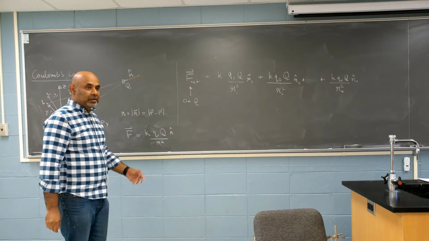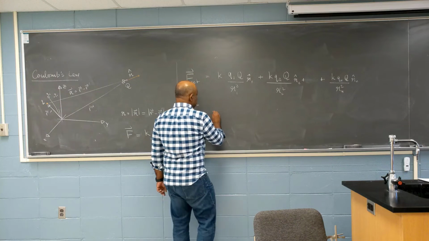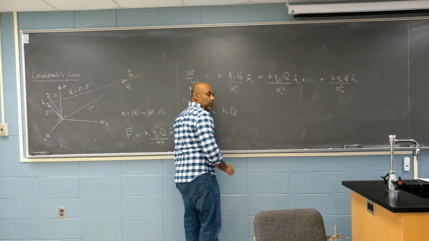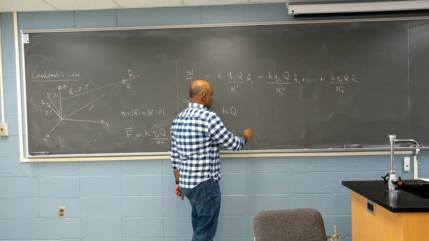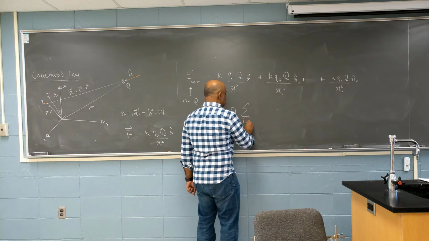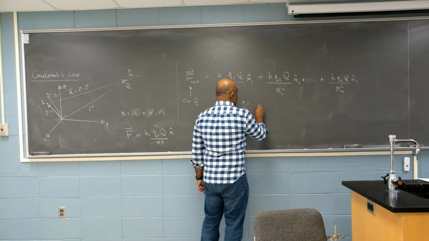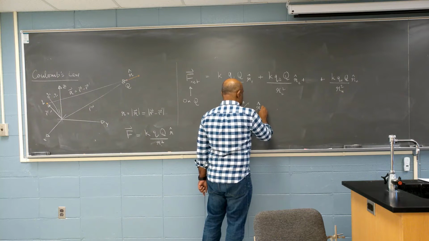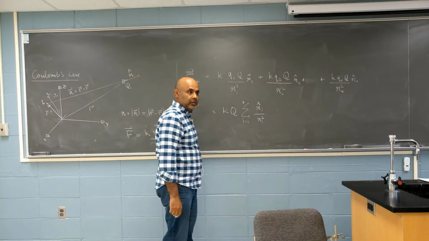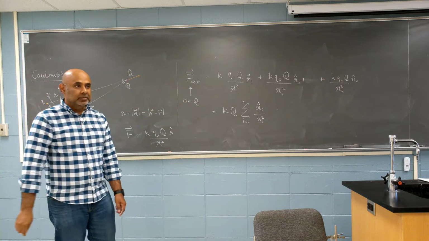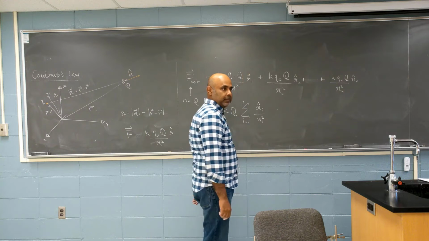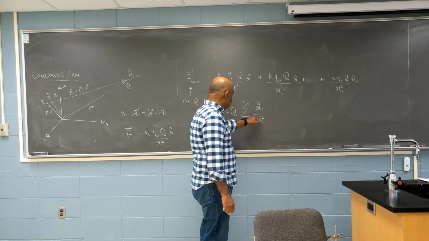I want to simplify my notation, so what I'm going to do is K, and I'm going to bring Q out, and then I'm going to write it as a summation, i equals 1 to N. But what does this mean? It means that you take Q